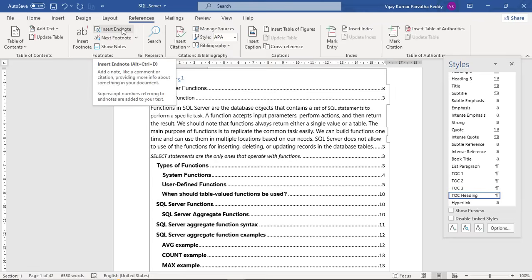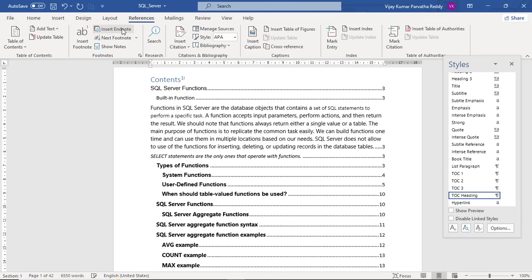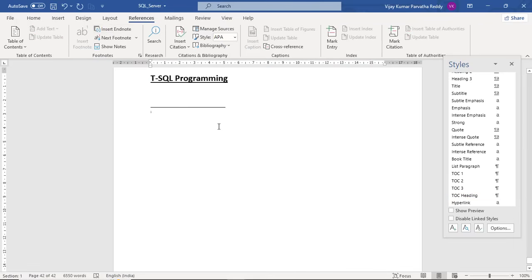Okay, and you can insert an endnote. An endnote, generally, is a comment at the end of the document. See, after all pages, where we are right now, we are at the 42nd page. This is the end of SQL Server course.